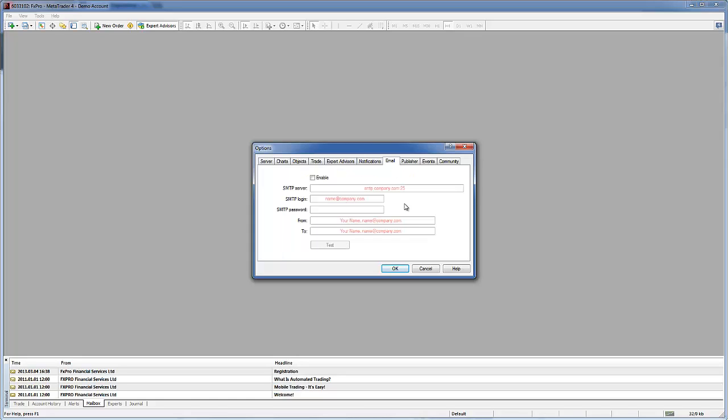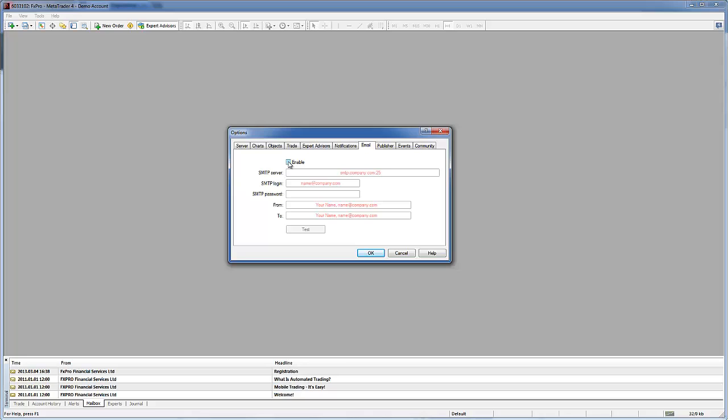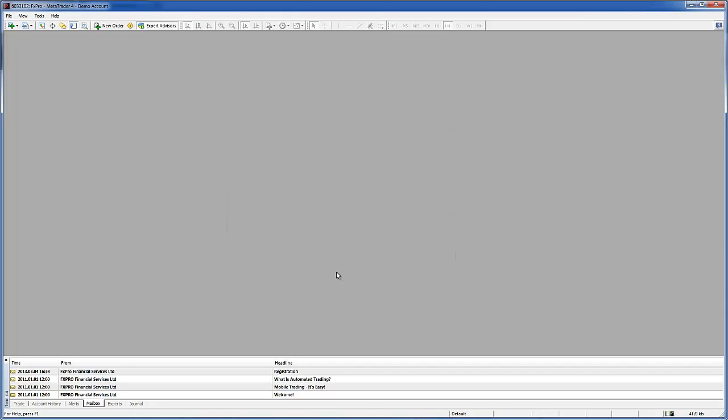This email section here is going to be very useful if you want to take advantage of the email alerts that these tools can send out. You will have to enable it, and you're going to need an SMTP server and a login and a password, and it's a little beyond the scope because there are many ways to do it. If it doesn't make sense to you, then perhaps talk about it in the forum and we'll clear that up in there. But this is what you need to fill in to be able to receive email alerts. For the charts, this is the standard. It's reasonable. You don't really have to change that,